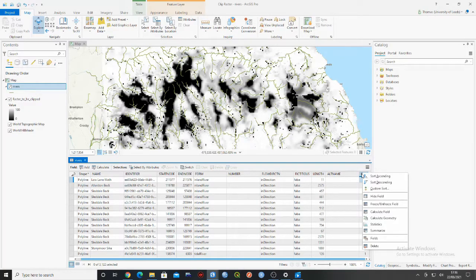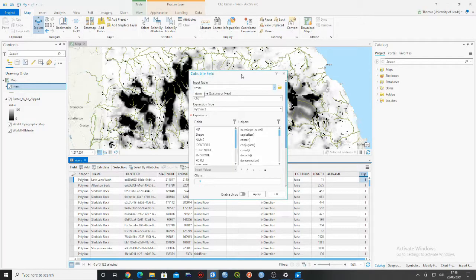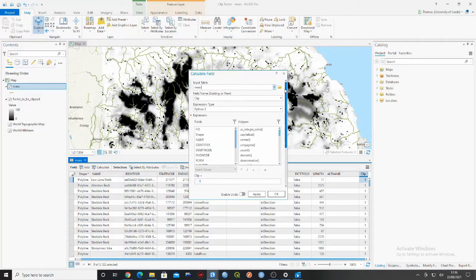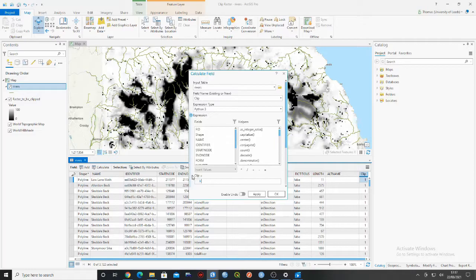If you highlight the column and right click, you can go down to this menu called calculate field. This brings up the calculate field pane. It might look a little bit complicated at first, but this pane is primarily just a whole load of options, and really none of them matter to us for this. In fact, we're just going to come down here to this thing right here, which should appear at the bottom of your pane unless you scroll the pane. It should say whatever the name of the column that you've created, which is clip,